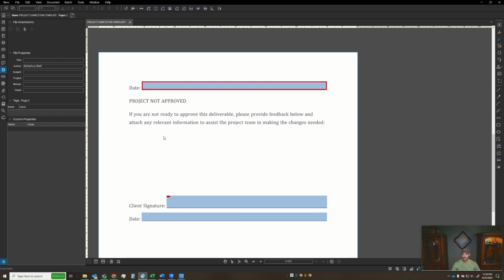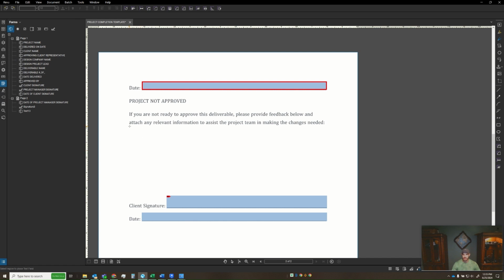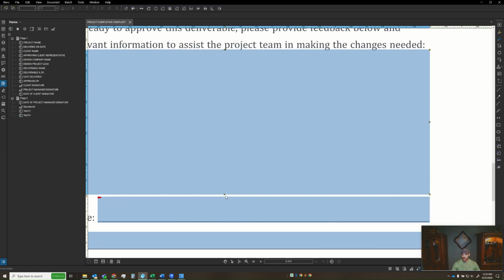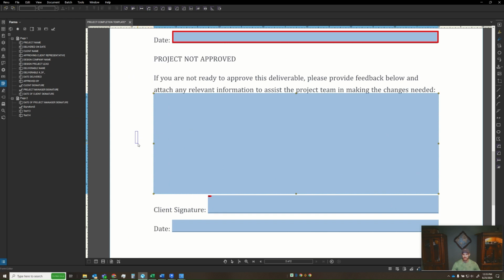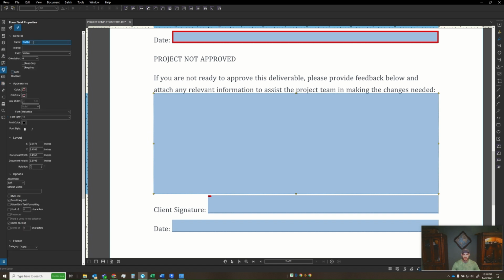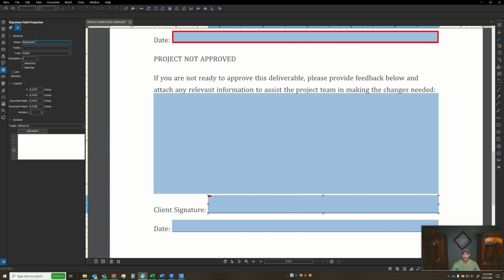So this is supposed to be an area for the approval. If not approved, we need to have information as to what needs to be changed. So we'll go ahead and add a text box similar to that of the table area, and we'll allow that person to fill this information out however they see fit, and we'll name this probably comments, rejection comments, just so we have information on what's going in here. And we'll hit multi-line and turn the scroll text off,